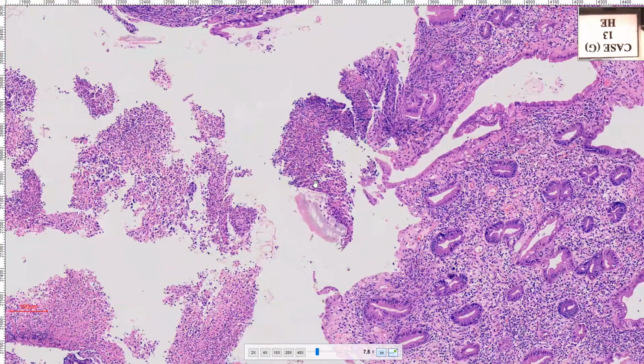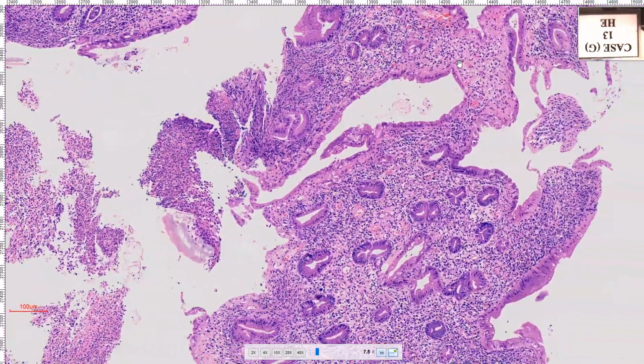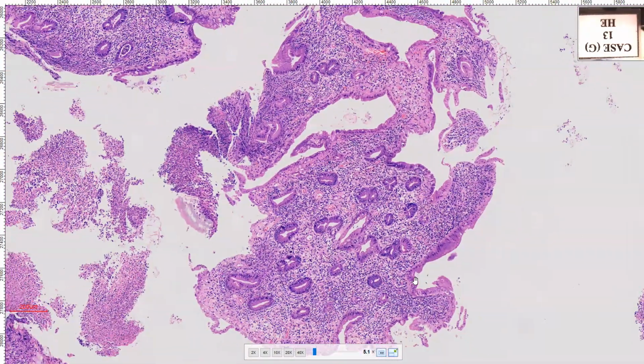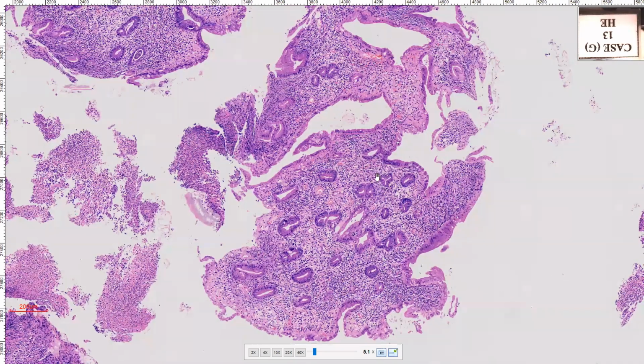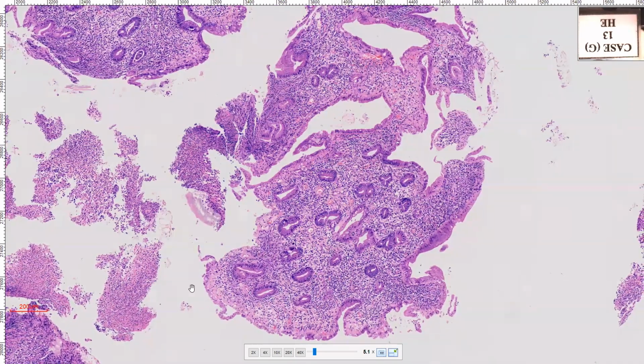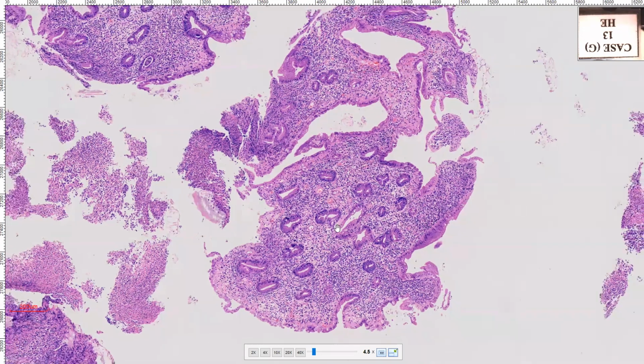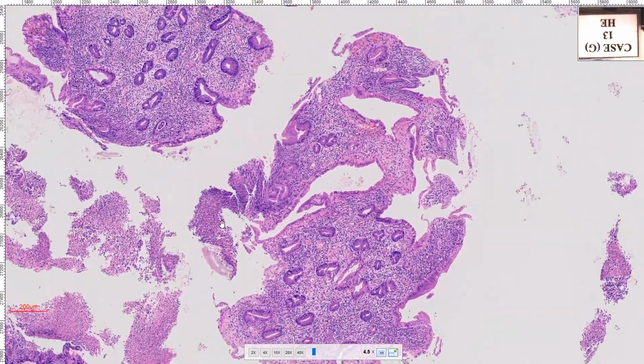So we are seeing ulceration, and we are seeing surface epithelial irregularity. These are the two things. Based on these two things, can we say that this is a chronic disease? No, we cannot say that this is a chronic disease. To be certain of chronicity, there are three things that we should look for. So what are the features of chronicity?